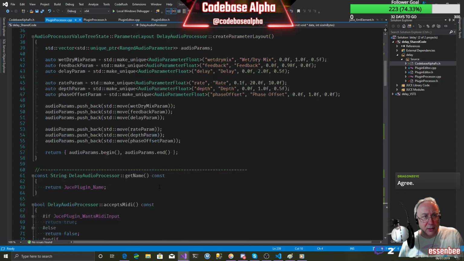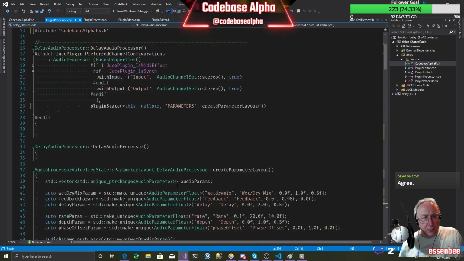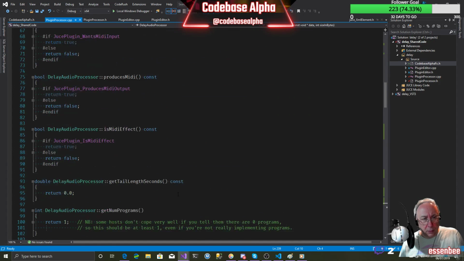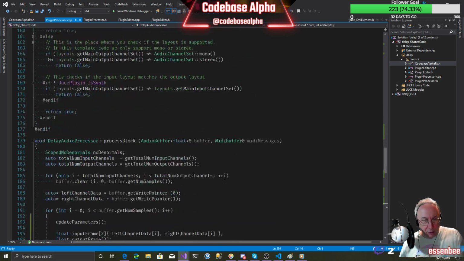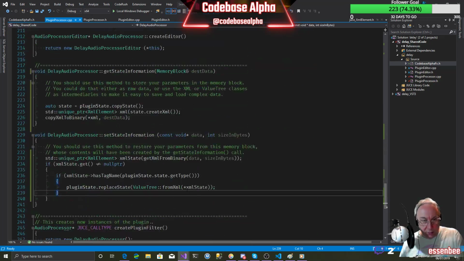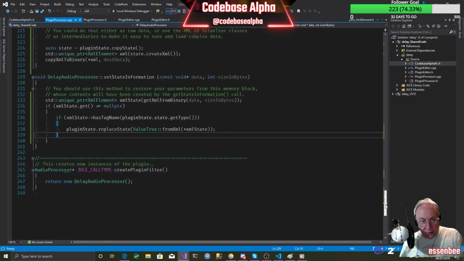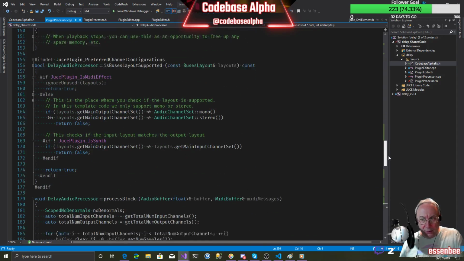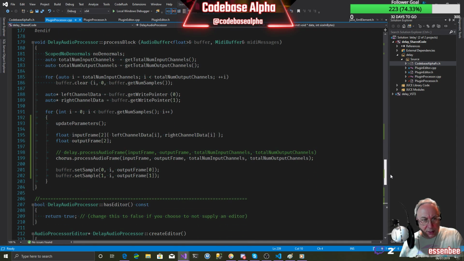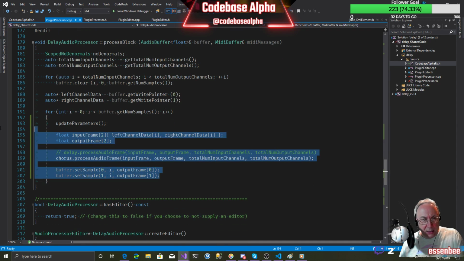We've refactored our plugin. We haven't got quite as far as I hoped. I was hoping to start work on creating a recreation of the Roland Dimension chorus effect, but that's good for next time because that's a fairly meaty thing to do. We can also get the flanger effect working on this. So we've gone down from quite a bit of junk code in the process block to a very nice, neat